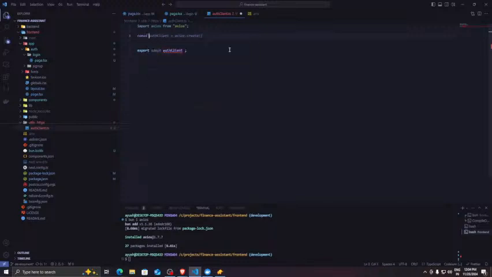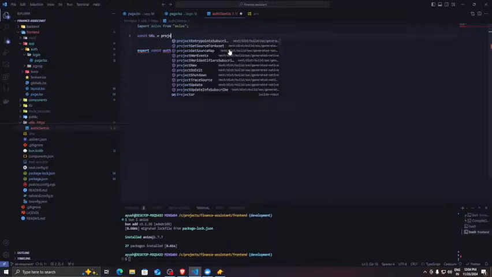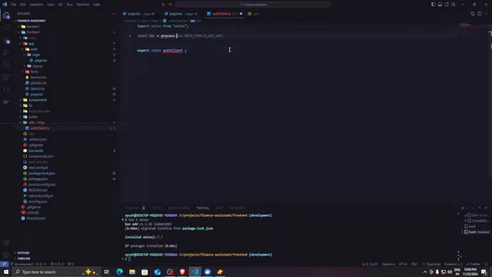Firstly, let's create a const, URL equals process.env.DEV_URL, and let's do const authClient equals to